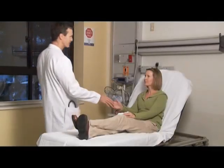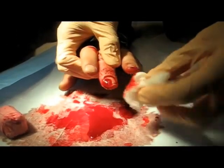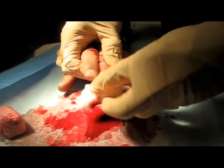From breakthroughs in medical research to the latest in life-saving procedures, new medical advancements are emerging all the time. Join me as we take a closer look. Emergency physician Dr. William Green has treated many types of injuries throughout his career. Like many others in his line of work, he certainly witnessed a high volume of patients with wounds to their